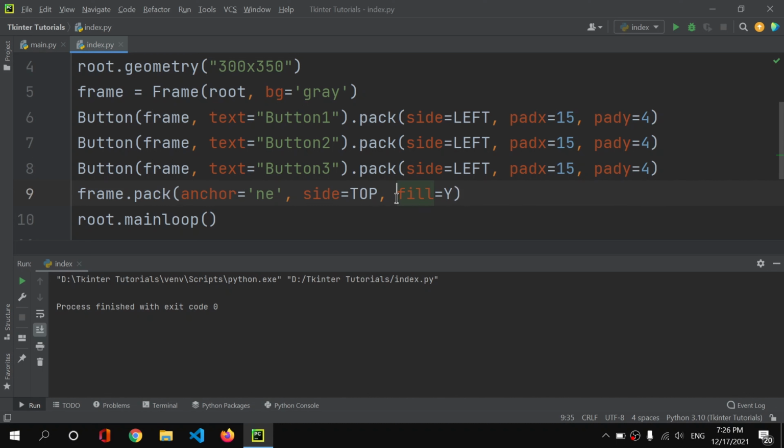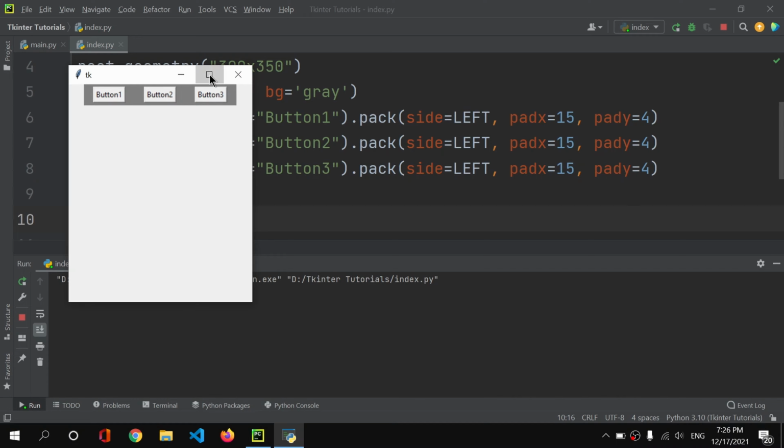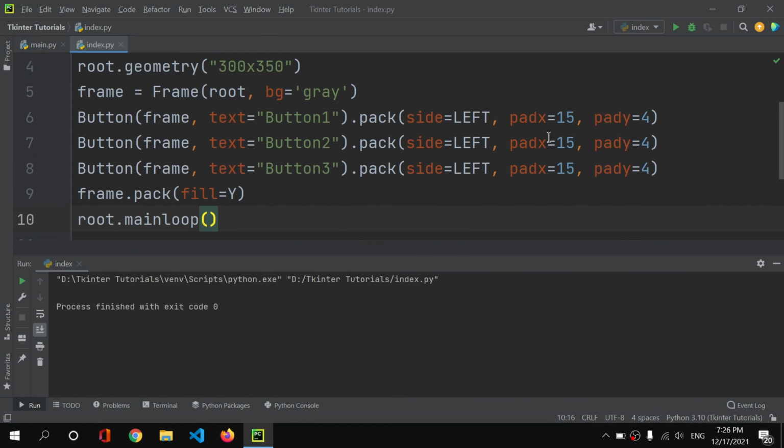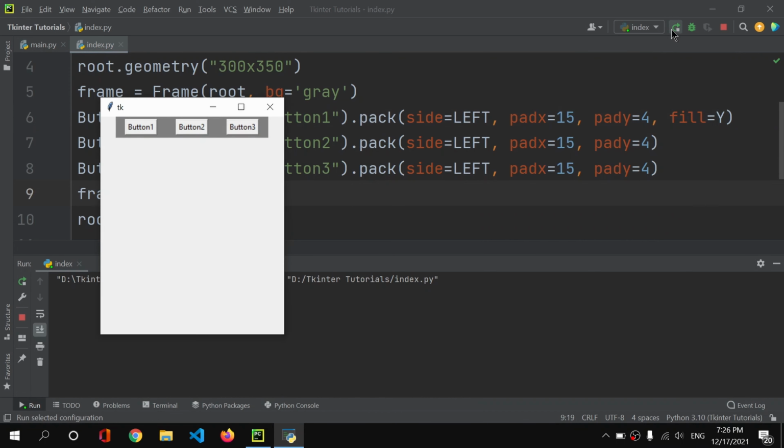Let me remove this side and anchor, and keep fill equals y, and now let me run it. Here we get this in the center right now, and this fill is currently not working, but we will find the reason for that in just a minute. So if I use fill equals y, now it should work, I guess. Let me run it.